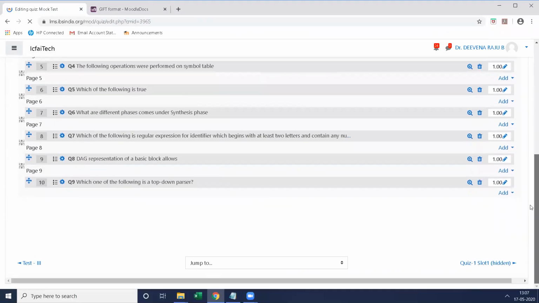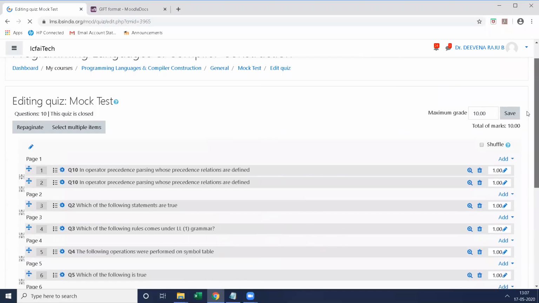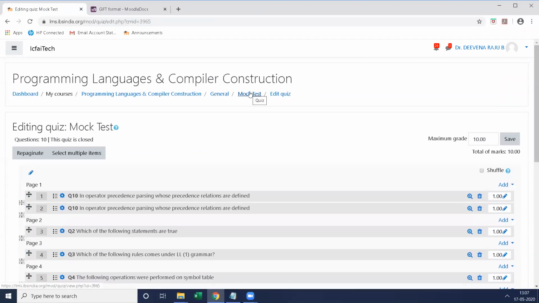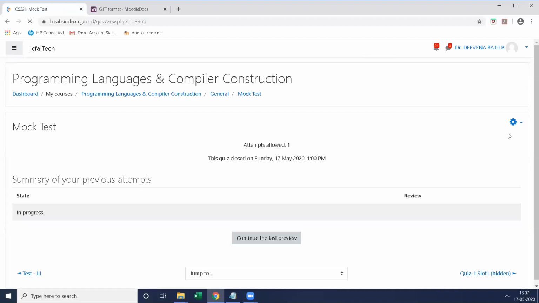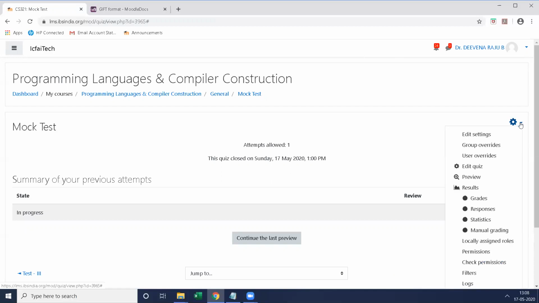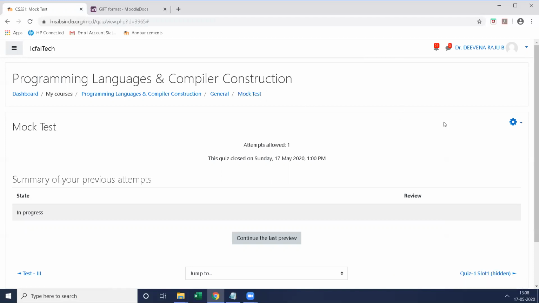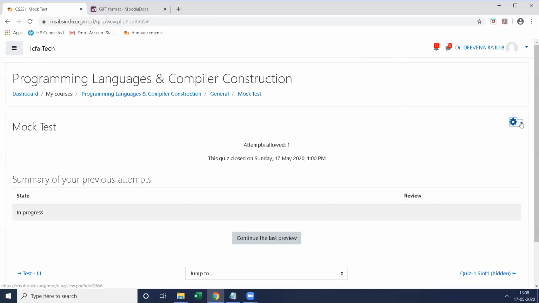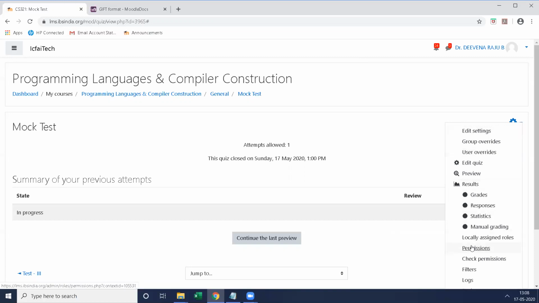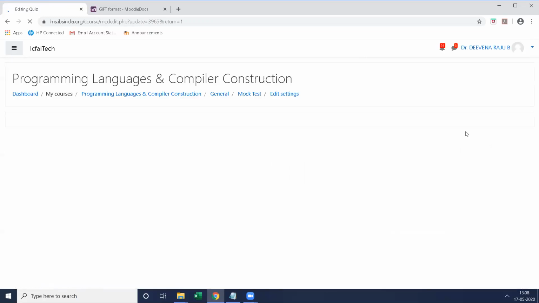It shows all these questions here, and you can add them. To set the timing for the mock test, select this option. Among these options, to set the time schedule for the mock test, select the first option, that is edit settings.